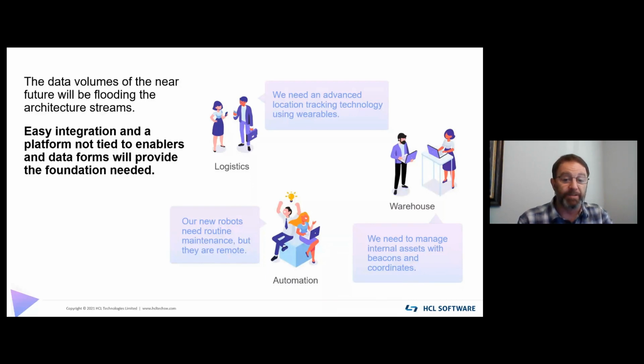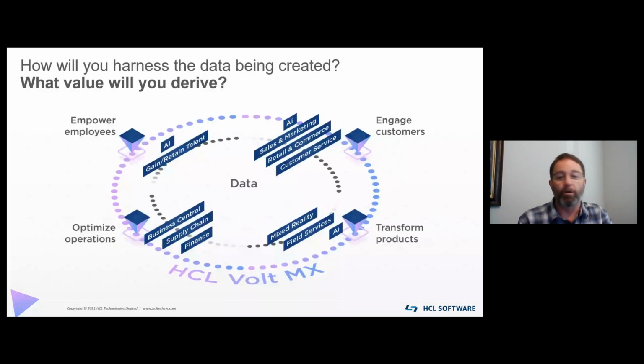But I think all of these examples really illustrate how that data is really being harnessed to create that value. I mean, now that value is not only for a specific use case, but as we can see here, it affects all parts of a business, all parts of our customers' organizations as well. Employees, for example, can now look to be more empowered. Now, since the pandemic started, most folks have been working from home.